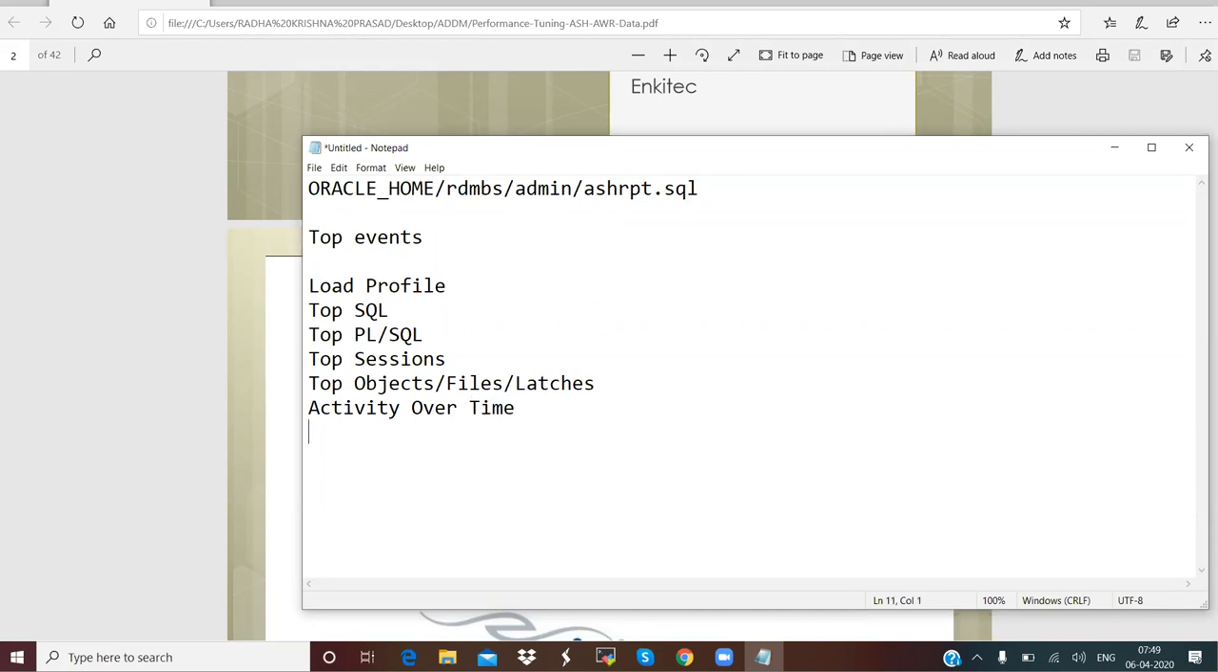You see the load profile. If you go back and see the top events, the first one before load profile, in top events you will have something called top user events. This top user events will list down all the top wait events from user processes. Whatever the processes that are associated with all the user calls, it will list down all the top wait events